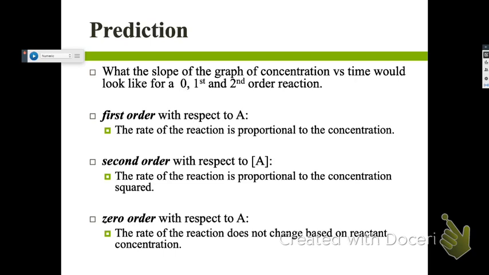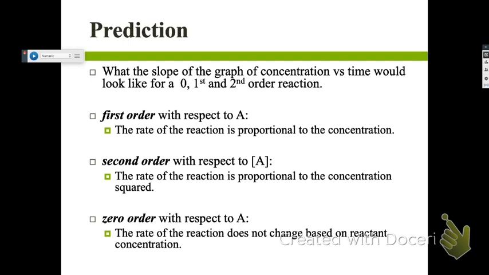So what's the big difference between first and second order concentration versus time graphs? The slope is steeper. Say again? The slope is typically much steeper for second order, and at the end it plateaus a lot more because it's the square of a low concentration. It usually has this kind of plunge to it. But if I were to give you a plot on an exam that just had a little bit of a curve, not a straight line,